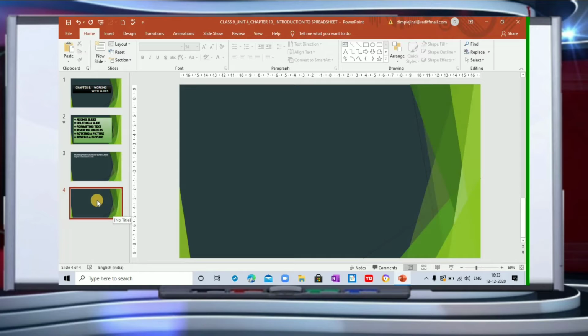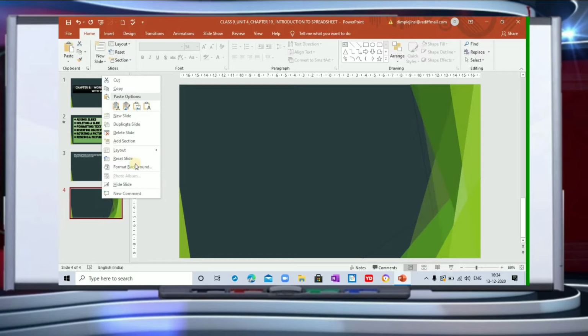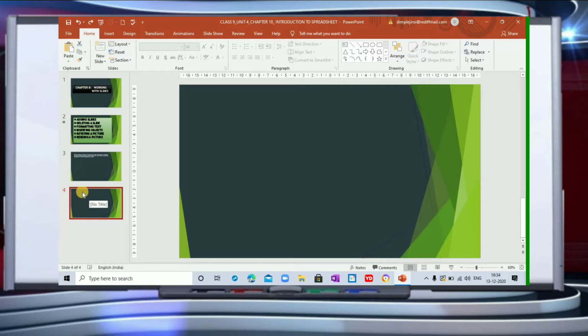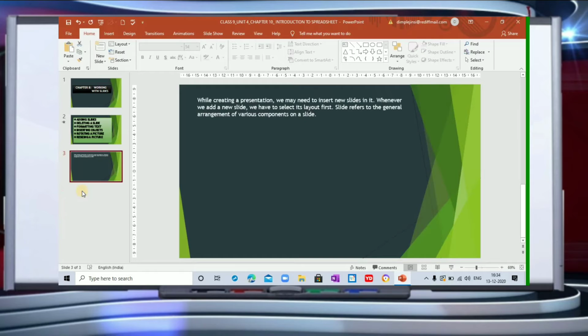Now next, if you want to delete a slide, very simple it is. You have two ways to delete a slide. Either click on the slide, go to right click, and you will find the context menu here. There is the option delete slide. You can click here, and the slide will be deleted. Suppose I'm going to click on delete. See, the slide has been deleted. I'm going to go to undo, and if I simply want to select this slide, this is already selected, and I'm going to press the delete button from my keyboard, and your slide has been deleted. So this is another way.